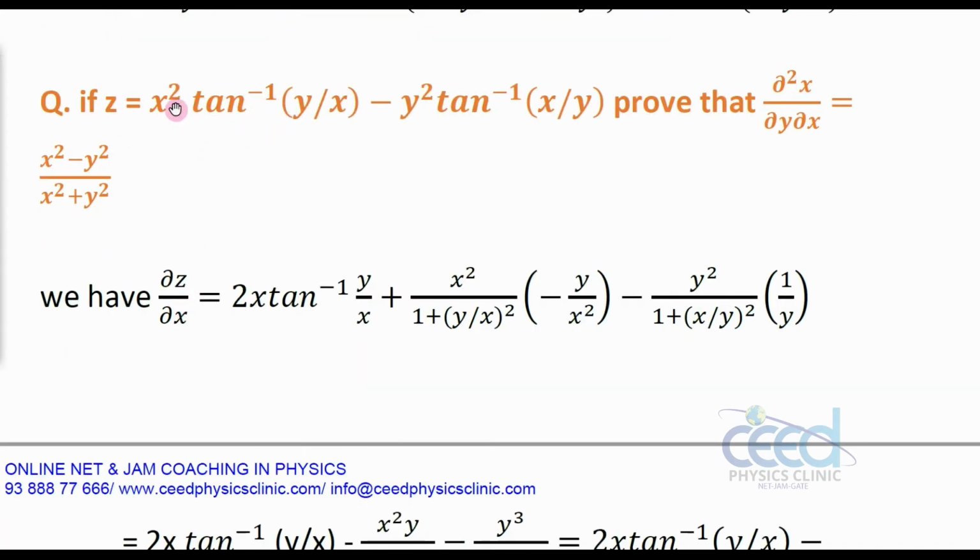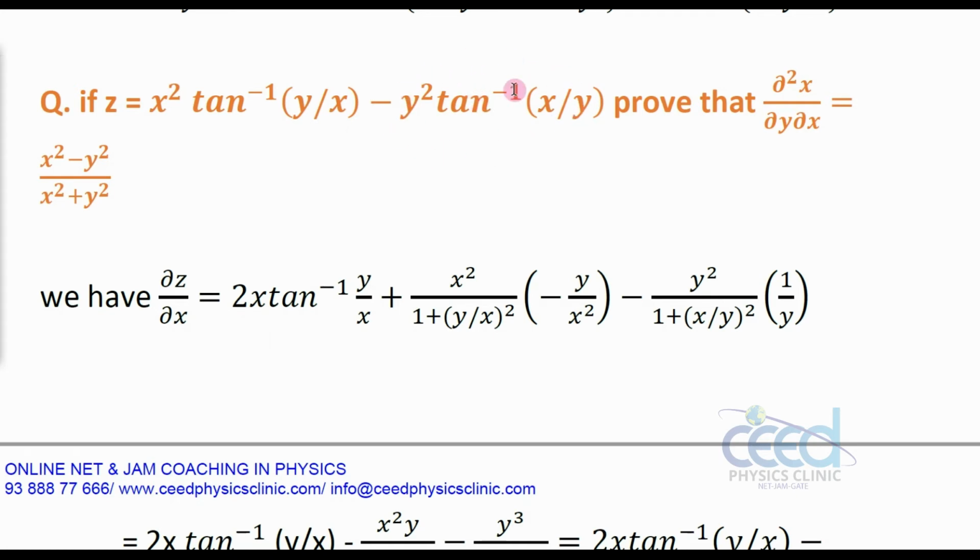So I can keep this first function, that is tan inverse y by x, into the second function differentiated, I have 2x. Plus the second function x square into tan inverse y by x differentiated, that is 1 by 1 plus (y by x) the whole square, and I have to differentiate this y by x, that is y I can take out, and 1 by x differentiated gives minus 1 by x square. So we are differentiating with respect to x. Now we have to do this also.